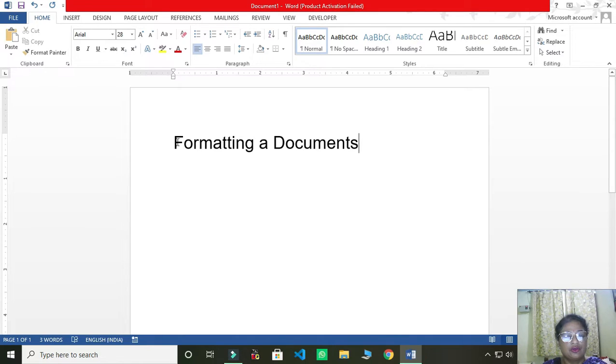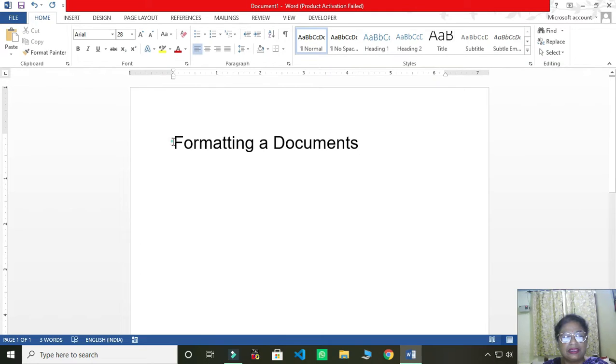Now let's go to the next part, that is formatting. What is formatting? Formatting means changing the appearance of a document in order to make it attractive. Just now my text is left aligned, children. Now I want this heading to come in center.